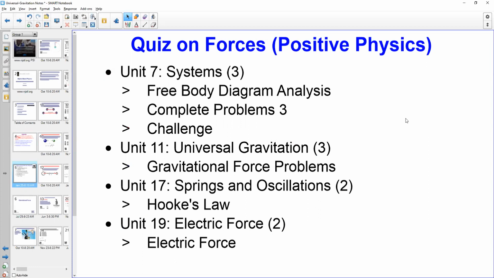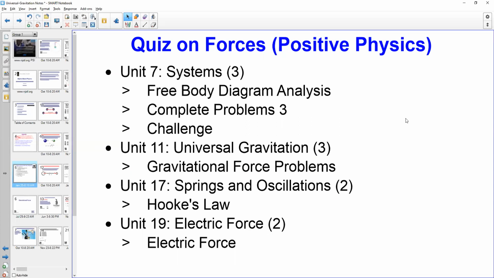So these are several sections that you've already had assigned to do the work section. So you shouldn't need to do a ton of review. Unit 7 is the systems part that's due tonight. So you will have seen all the possible questions because this is exactly the same assignment basically that you are supposed to turn in tonight. There are 3 questions, one of them from the free body diagram analysis skill, one of them from the complete problems 3 skill, one of them from the challenge skill. So, and it just randomly takes 1 question from each section per student,